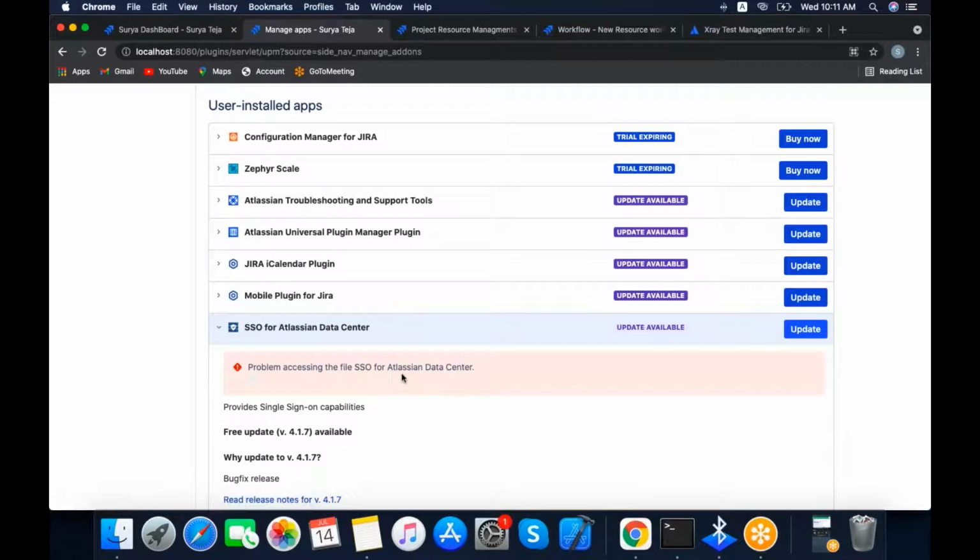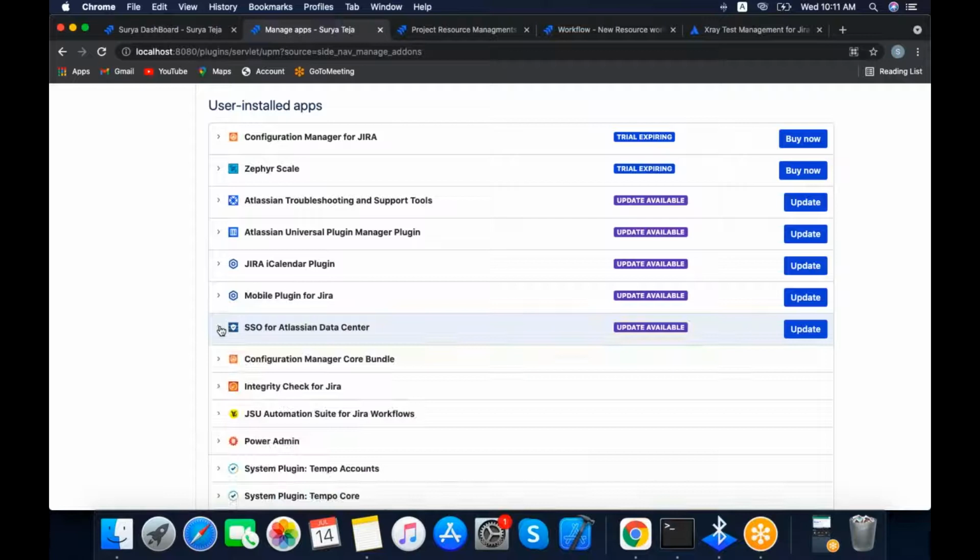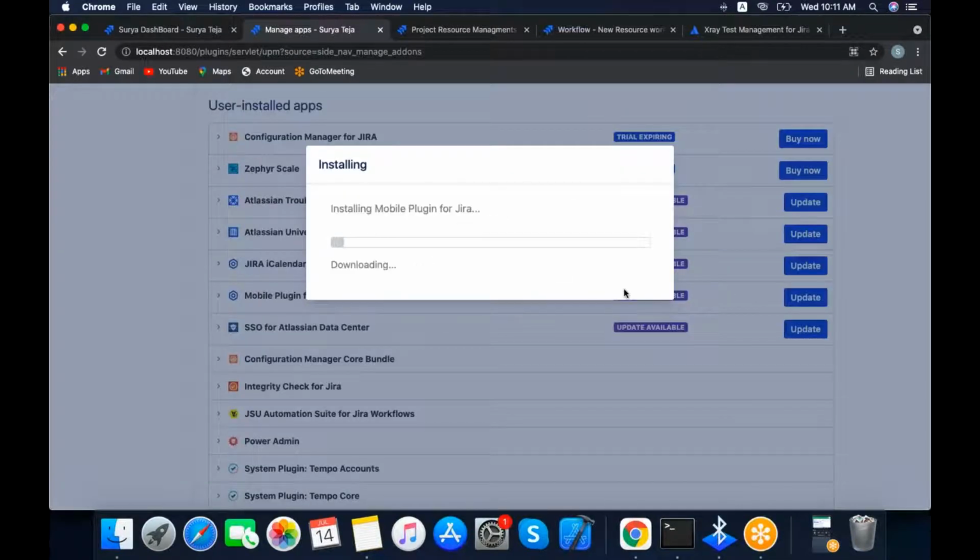Problem accessing the file, Atlassian Data Center. Some problem is occurring. In this way we will update this. Otherwise we will update this. It's updating. Whenever the update is complete, this option will be removed from here.